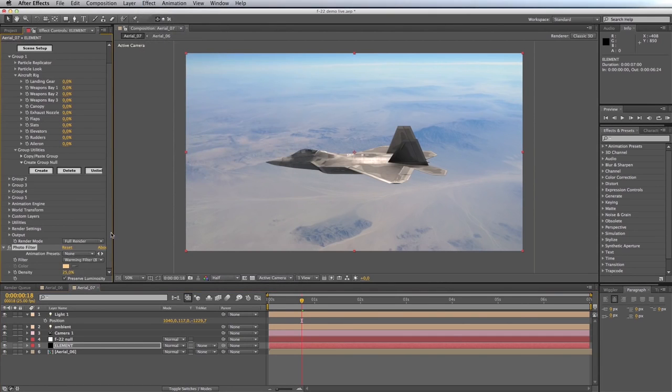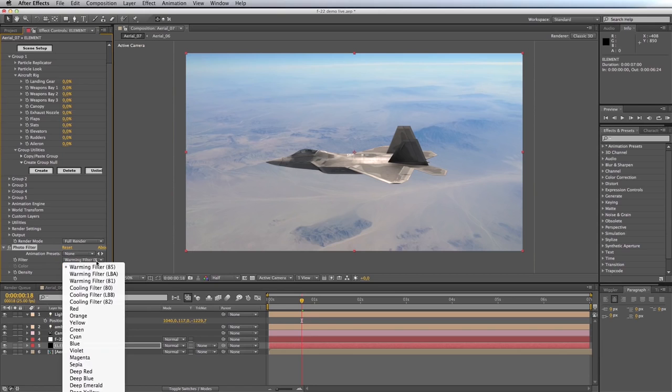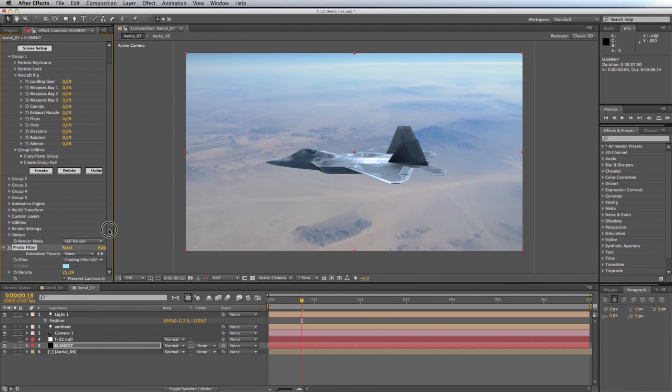And this time I'll use a cooling filter on that aircraft. So under the presets here, I'll try this one. Wow, it's a bit harsh. I think I'll need to drop this value right down. Just say 5%. There we go, very happy with that. Just to cool down the grays in our aircraft a bit, as if they're receiving illumination from this very blue